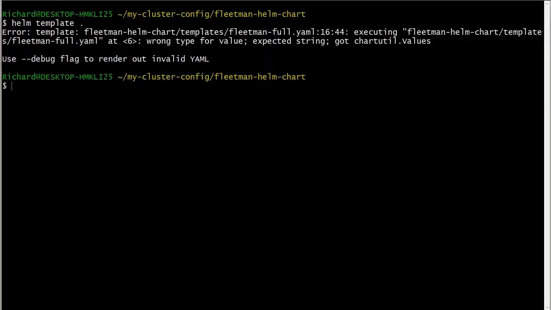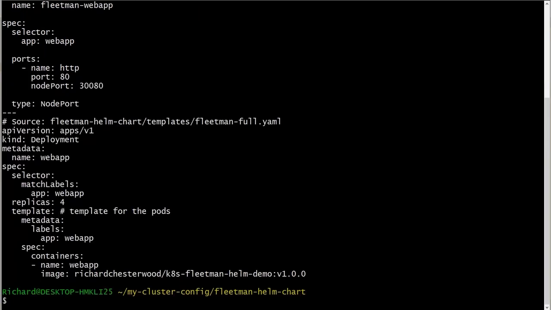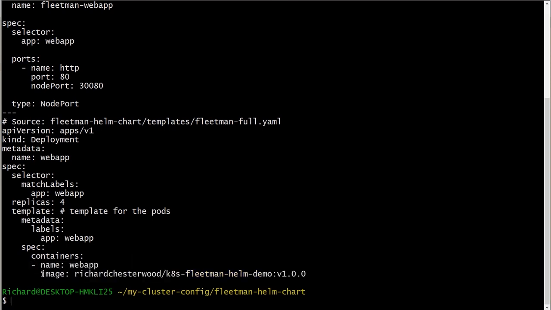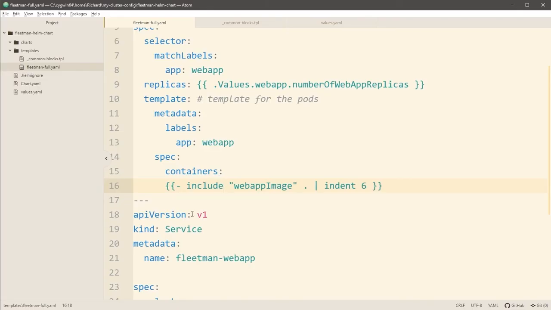I'm back to the command line now. Again, I'm going to run without debug in place. And this time we are getting a valid output. And can you see now that our block, our named template results, is appearing in exactly the place that we want it. So that means now whenever this named template is used, the user of the named template can decide exactly where they want it placing. And that's how it's done.